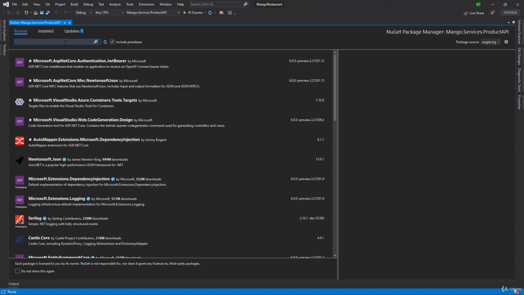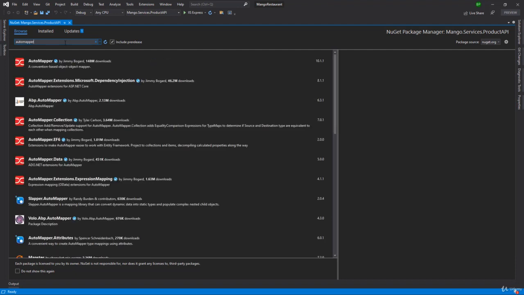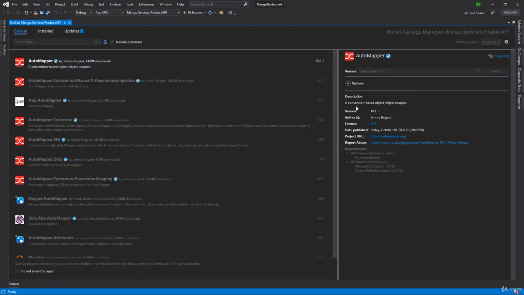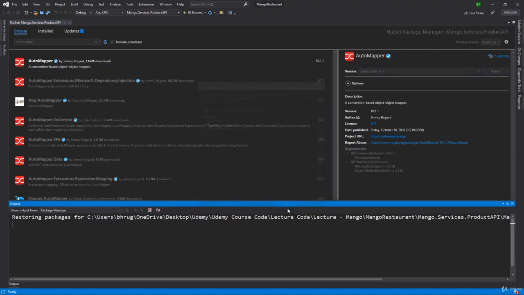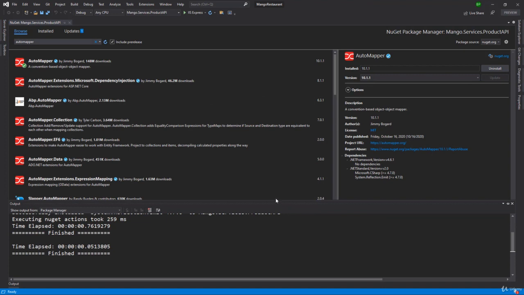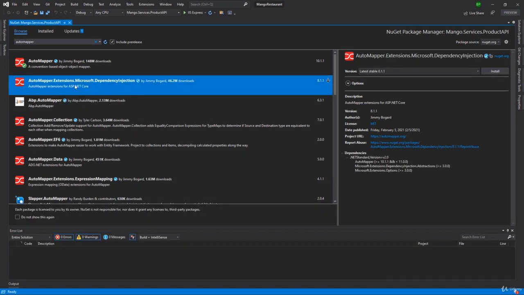The first package that we want to look for is AutoMapper. Whenever you are working with APIs, it is not recommended to pass the direct database entity model. It is always recommended to map that to some DTO and pass that DTO. So for that we will be using AutoMapper. We will install the latest version for AutoMapper and we will also be using that with the help of dependency injection. So we will install the package